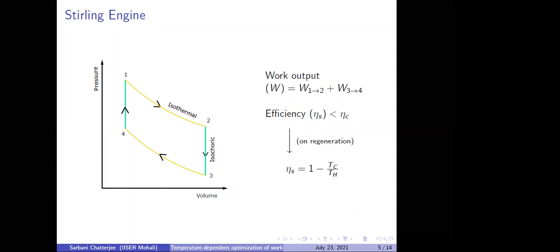So my question is whether these engines are being used currently. If you ask about experiments, then definitely it will not be exactly equal because of various dissipative energies involved. So in an experimental setup, the efficiency will not be equal to the Carnot efficiency. And yes, Stirling engines are very well realized in daily life. They are being used in various scenarios, for example, thermal power plant generation. Yes, absolutely, it can very well be used.